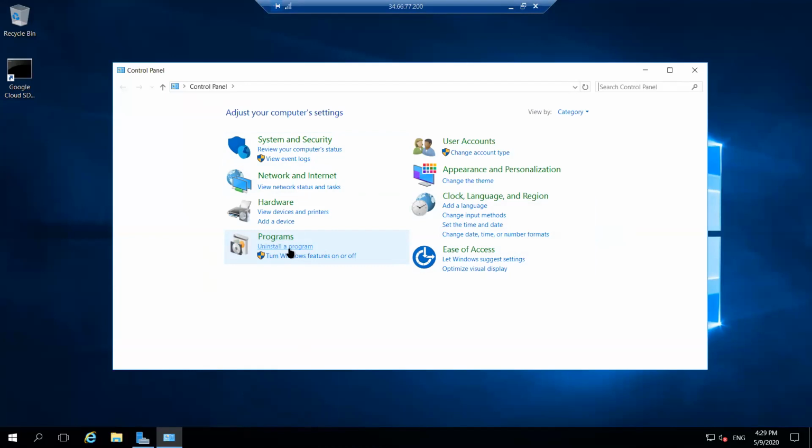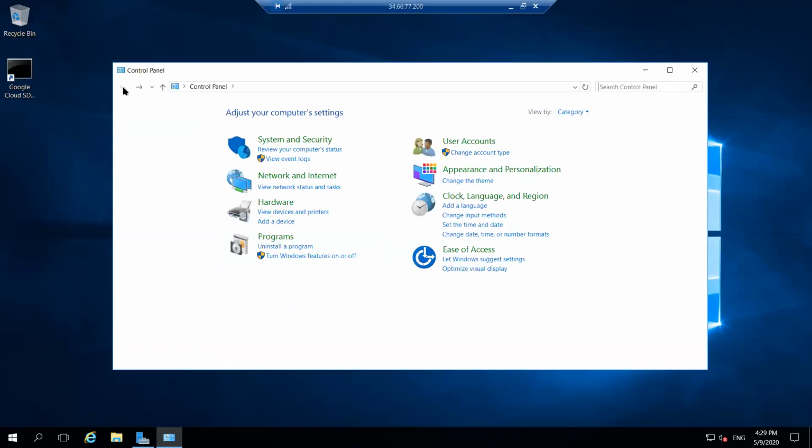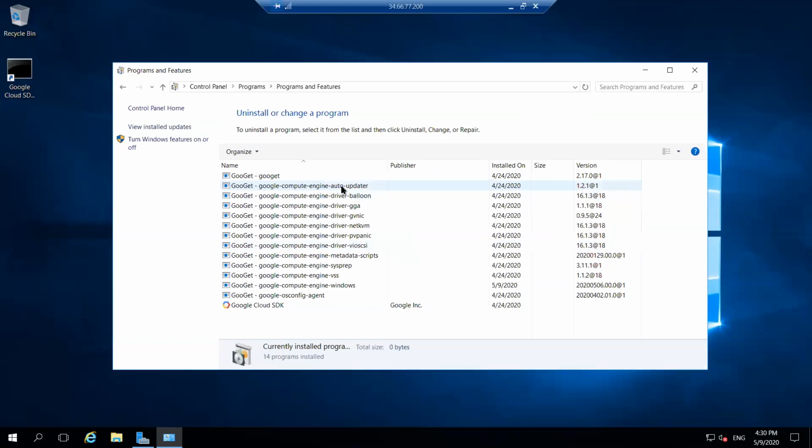We can choose any program which is already published and also install it on our machine. We can uninstall with a right click, using the uninstall or change option.